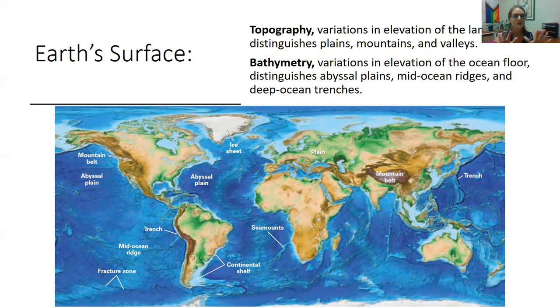Right, so I want you to just take a second, look at the map on your screen, see the dark brown mountains, see the dark green coastal plains, see the dark blue abyssal plains, see the light blue ridges, the mountains and the oceans, and think to yourself, why do they look the way they do, right? There seems to be some patterns. What might that tell you about the way that Earth is formed? Keep that in your head. We're going to come back to